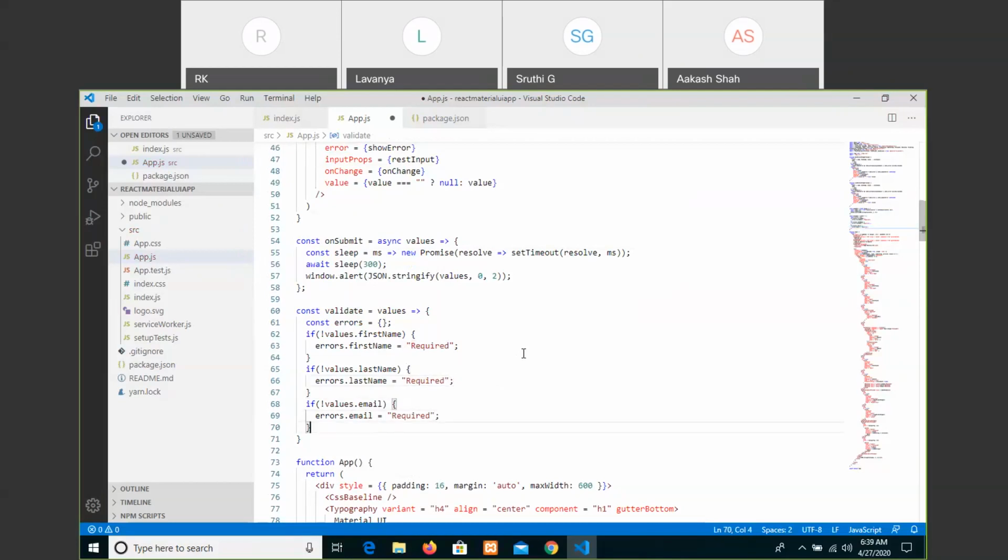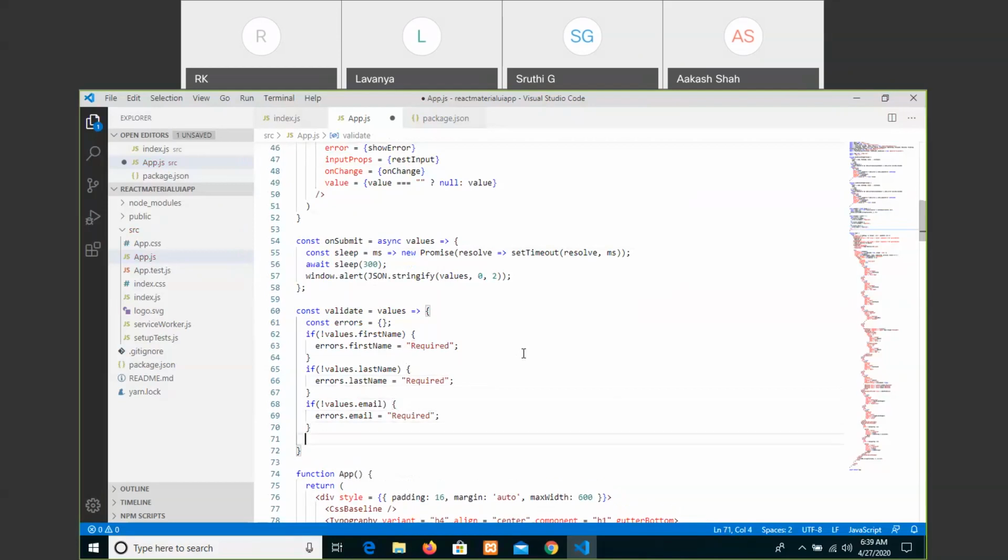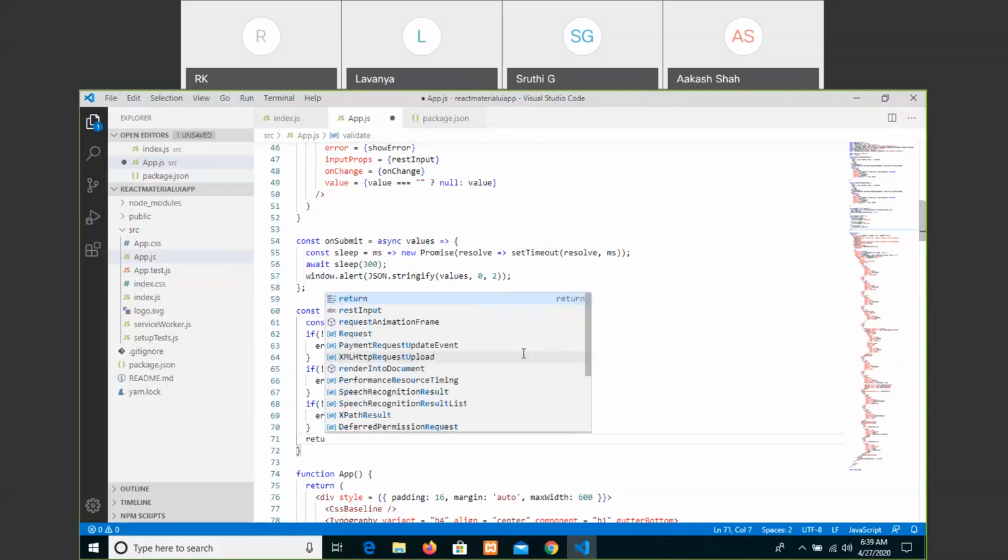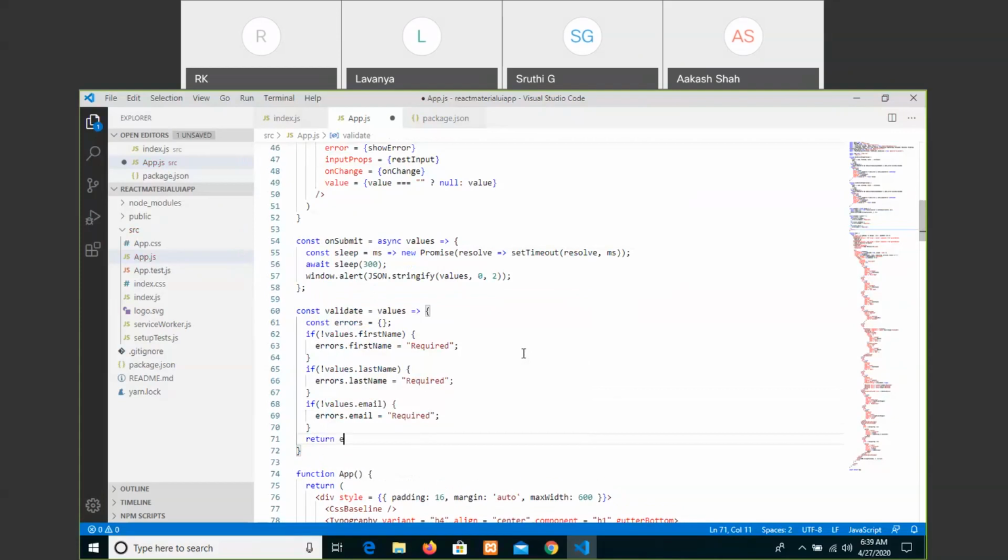And if there is any such error, we just have to return errors. Okay, with this we are done with all the statements and functionality.